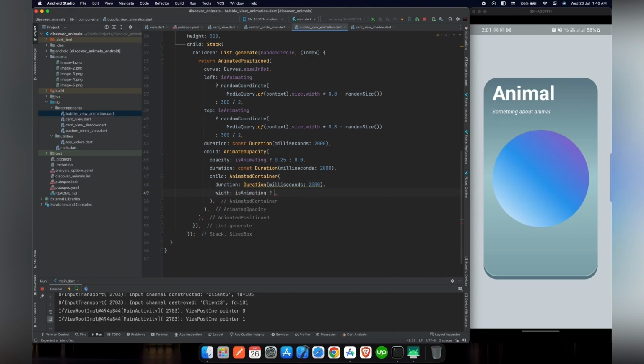For their width we will use the isAnimating variable. If it's true, then we'll give it a random size. If it's not, we will set the width equal to 0. And the same goes for the height. If isAnimating is true, we will provide the random size, otherwise 0.0. Now for the child we will pass a simple Container,